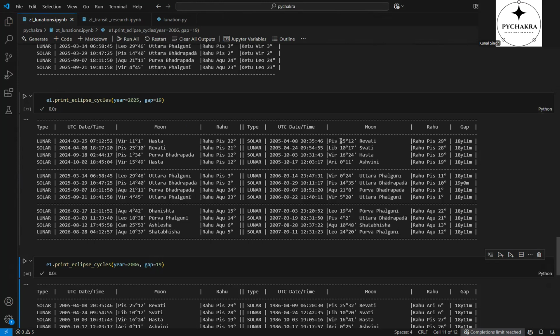Exactly almost the same degree, Pisces 25 degrees, 12 minutes Revati happened. So for me, this is important. In terms of my life cycle, 2005, 2006 was a very important year, a turning point year for me. Now, of course, I'm a Pisces ascendant, and I have three planets in Pisces. It becomes quite important for me, but in general, for you, if you want to look at eclipses this way,